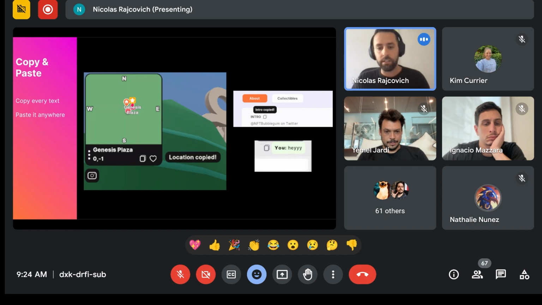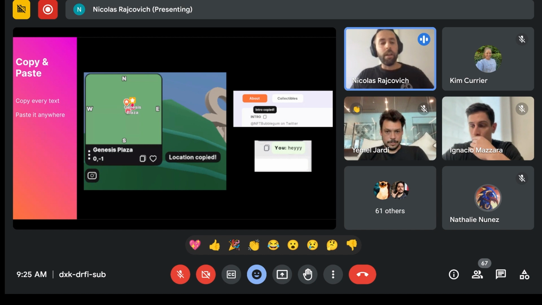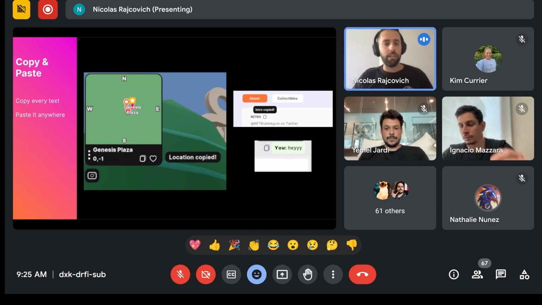If you just click on it, the location will be copied, the intro, for example, or a message in the chat will be copied into your clipboard, and then you can paste it anywhere you like just by using the regular commands, Command C, Control V. So you can either paste information in the chat in Decentraland, or you can take it outside and paste it wherever you want. That was not possible until now, and it can come really handy.